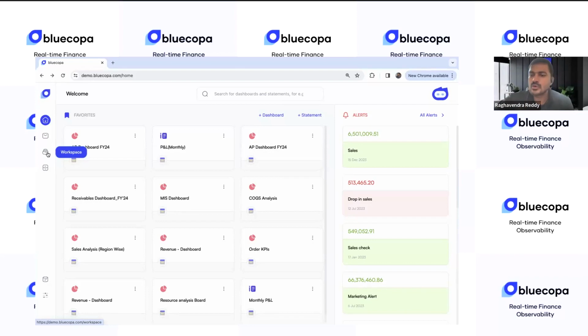This is a completely low code, no code platform. You don't need any programming language. If you know Excel or if you know Google Sheet, then you know Bluecopper. That's simple. You can play around with filters, drag and drops, and things like that. And then we have a library section that takes care of all the different analysis that you have done across the platform. It's a repository in a way. So these are the four sections that are used on a day-to-day basis, and then we have two more sections,